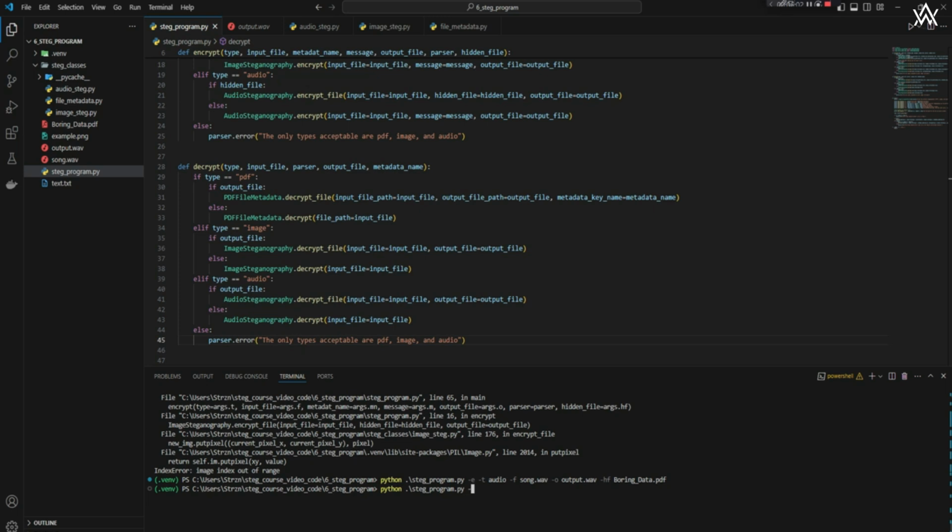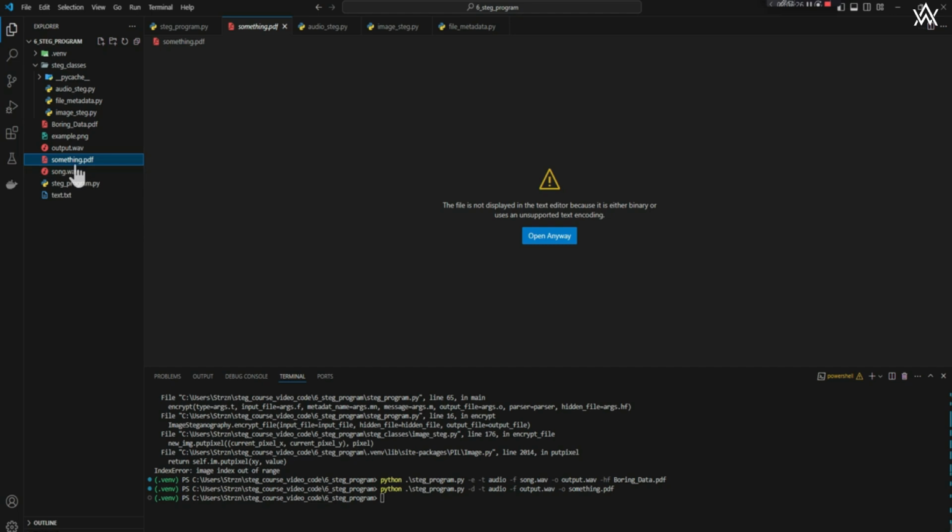So let's do -d, and then our type is going to be audio, and then our input file is going to be output.wave, and then our output file is actually going to be, we'll just name it something.pdf, and we'll see if we get our PDF back. So when we press enter, it works, and then we actually get something.pdf back. Look at that. boring_data.pdf and something.pdf, they are the same, and we actually were able to encrypt boring_data.pdf into